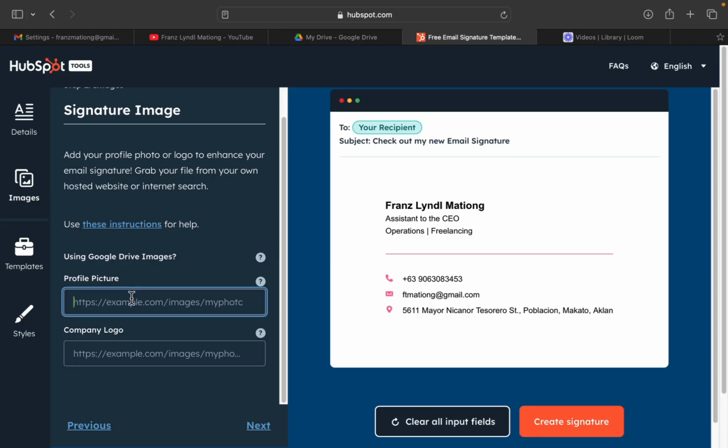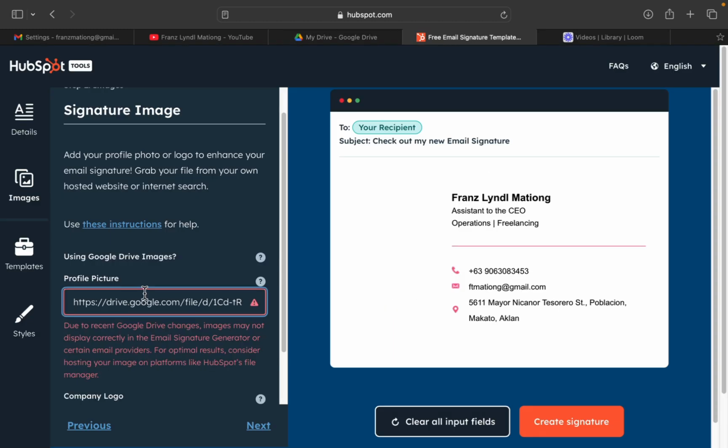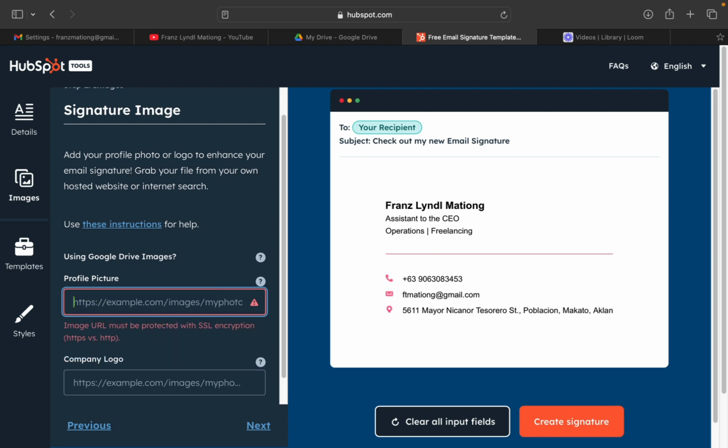So we should be better off without using our picture for the meantime. It's better to look for other email signature apps on the internet.